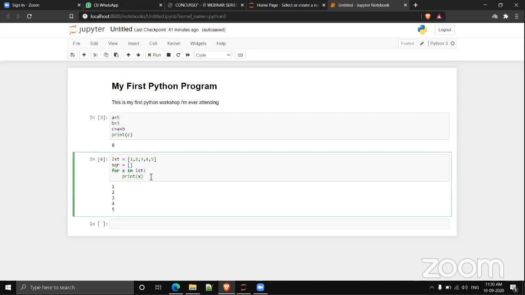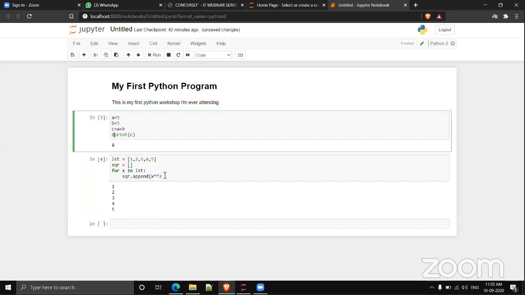So after getting this, I am finding the square, like x star star 2. So this will be the square of x, and I'm putting that value to the empty list square using the append function. Okay.